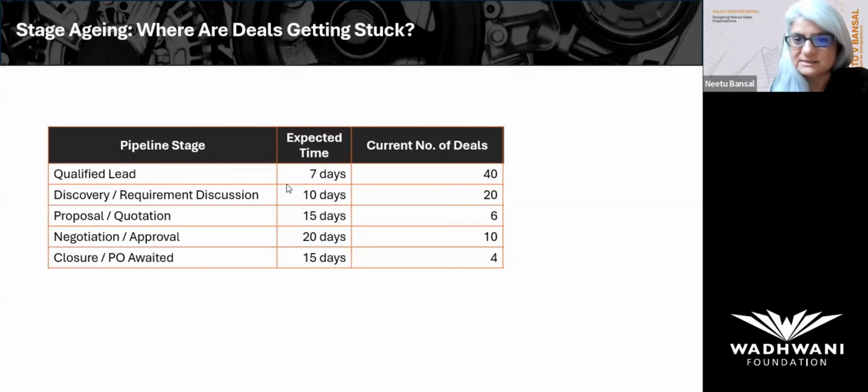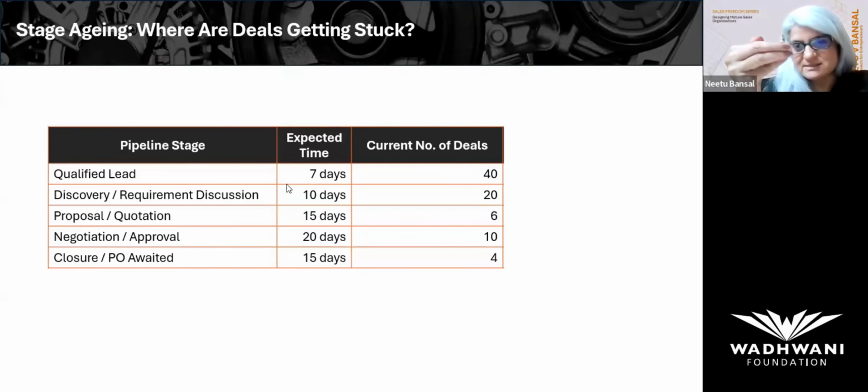So for each stage, that's the maximum time that the deal has to be in that space. When I start out with customers introducing this concept, I put the maximum. Slowly we tighten it. Once our sales engine becomes more and more structured, I reduce the time and ask what else can we do to become more efficient in the way we are selling. But to begin with, this is the way we're doing it.